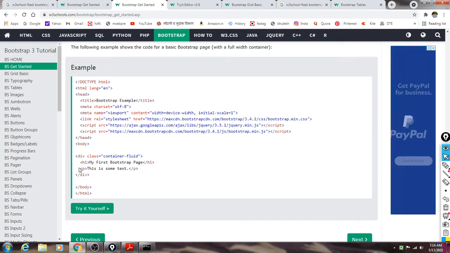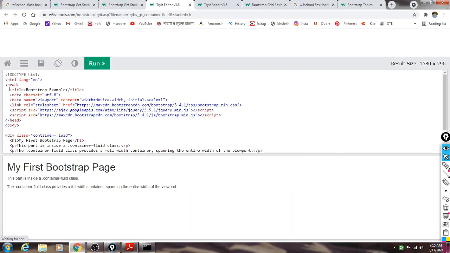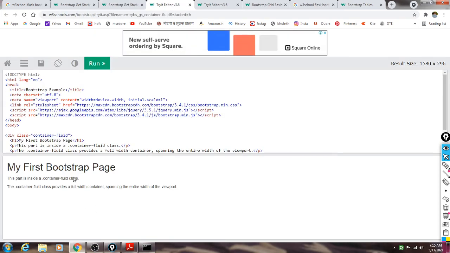Whatever contents are there get executed with the attributes defined in this class. When we execute this, it gives you output like this. This is the output when we used container fluid. The previous was the output for the container class, and this is the output for container fluid.